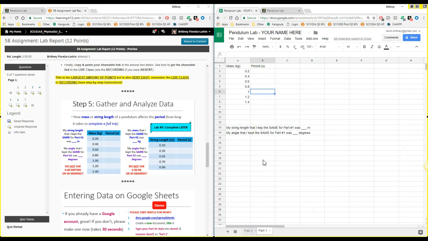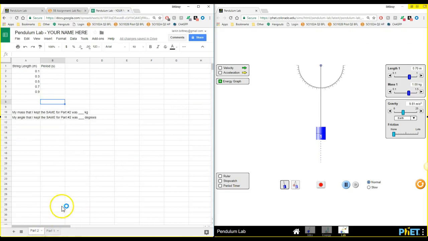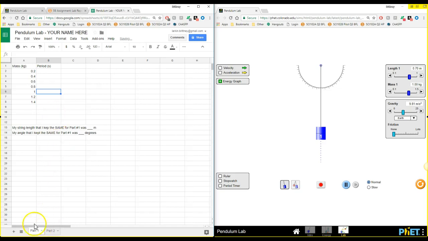At this point, I'm going to start setting up my lab. I'm going to open up part 1, so I'm on the part 1 sheet. The string length that I'm choosing for part number 1 is 0.6 meters, and the angle that I'm choosing is 30 degrees.